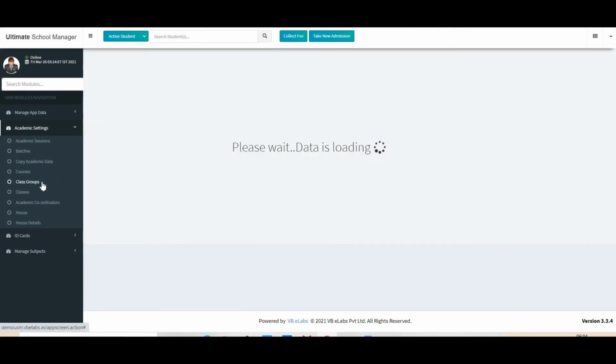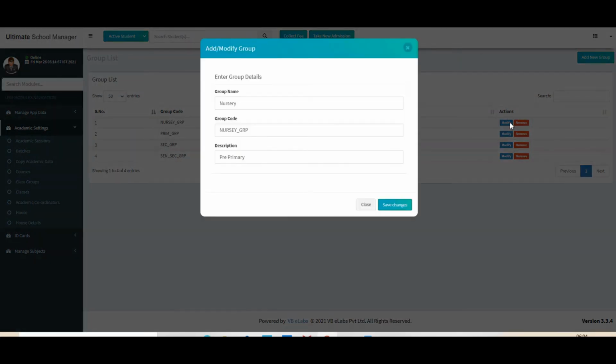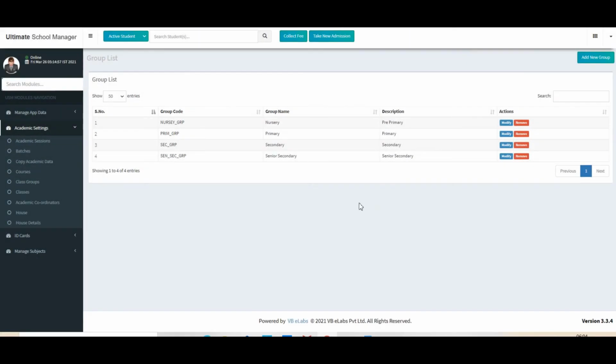Within these courses, we have made class groups which are nursery, primary, secondary and senior secondary. Primary is up to class 5, secondary is up to class 10, and 11th and 12th fall under senior secondary. Here you can also modify the same. The naming of the group and the description of the group you can modify as per your school's nomenclature.